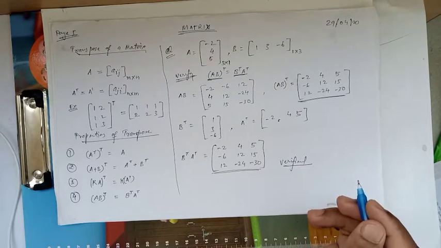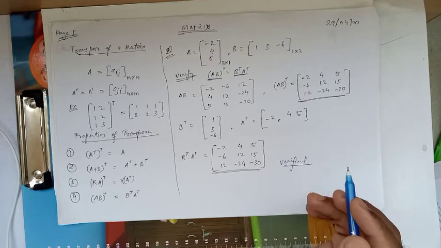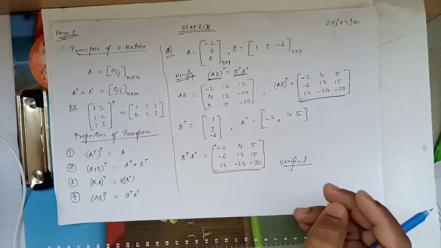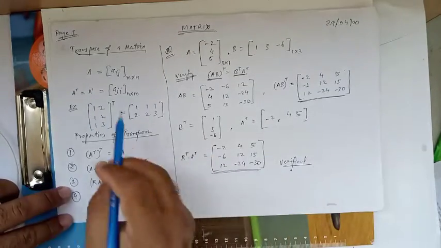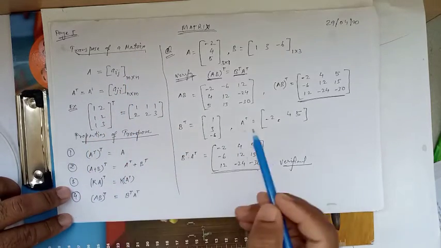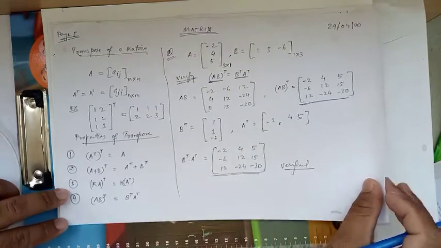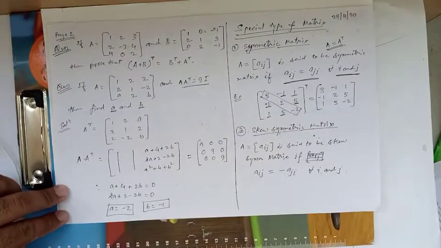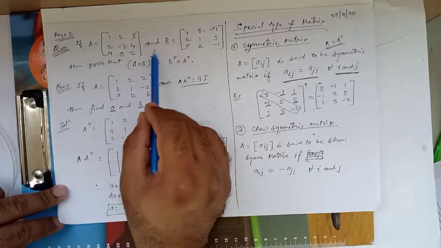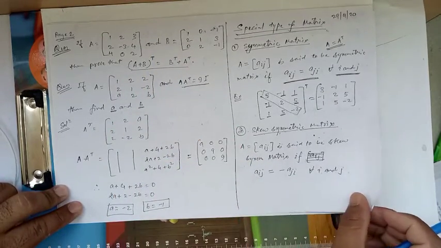Very good morning, students. Last class we saw the topic transpose of a matrix, and we have the sheet from the last class. This is the transpose of a matrix, and these are the properties: property 1, 2, 3, 4, and we have solved questions on the transpose of a matrix. This is page number 2, and we have solved some more questions. Hope you have solved the questions which I asked you to solve.